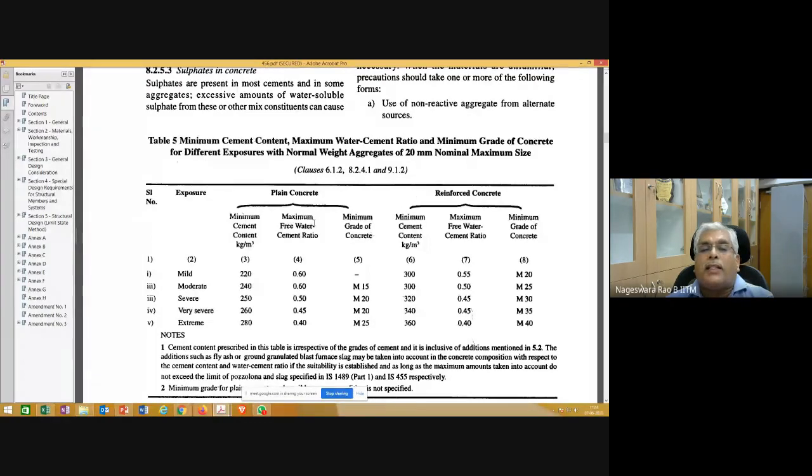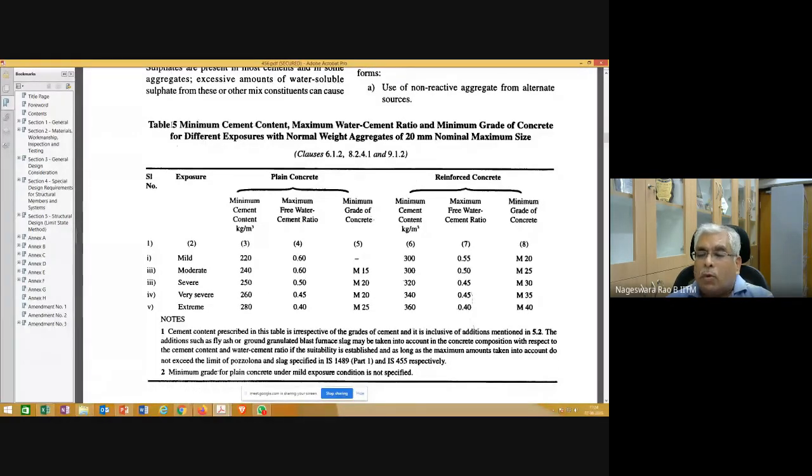Now let's look at this table 5. What is this table 5 giving? Depending on the grade of concrete and the exposure condition, for plain concrete, which means you are not putting any reinforcement.